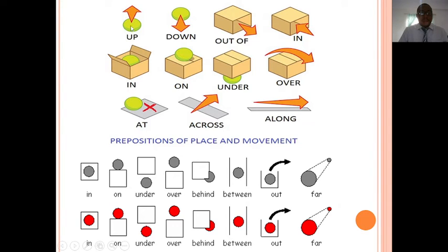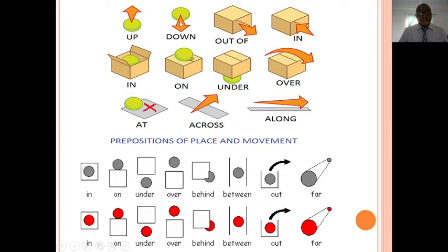So number 1, up, down, out of, in, on, under, over, at, across, along. One more time, up,